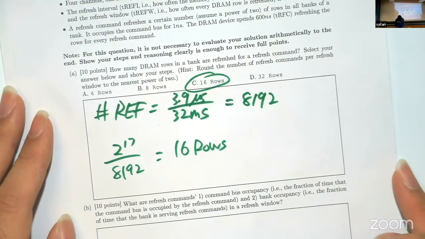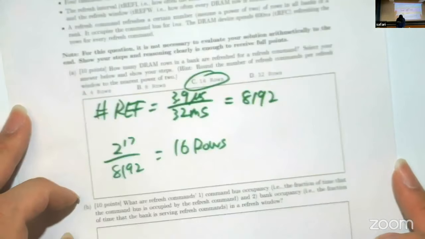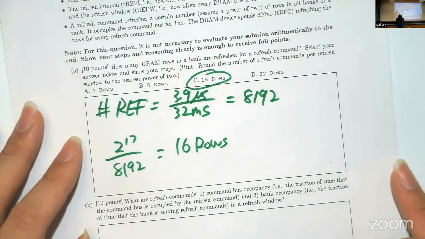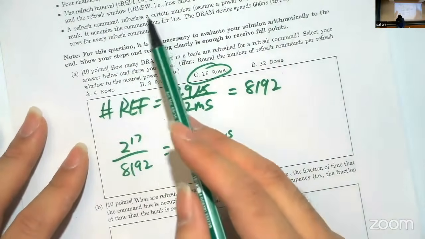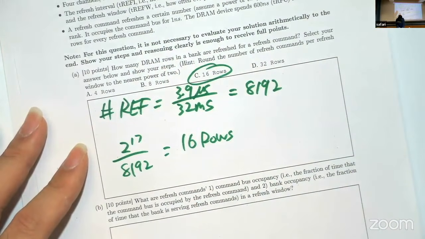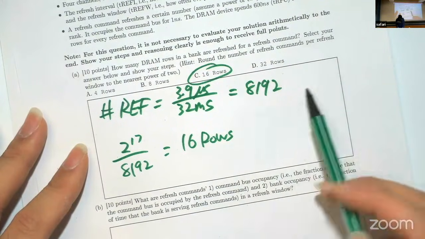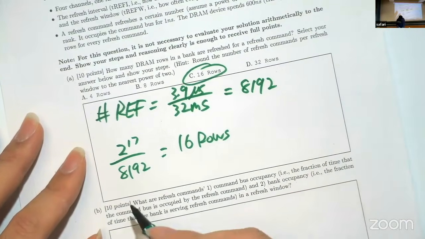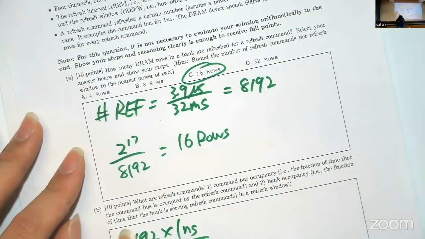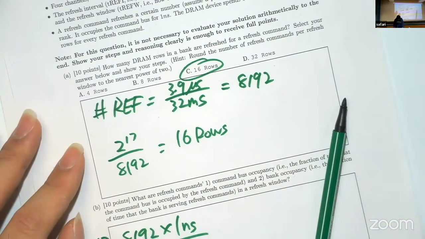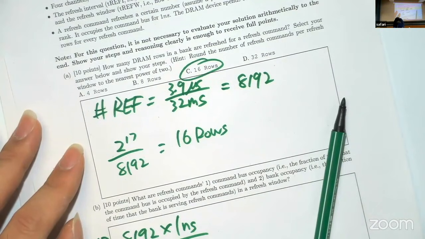So then the second question, what is the refresh command's command bus occupancy? That is the fraction of the time that the command bus is occupied by the refresh command. So within a refresh window, which is 32 milliseconds, we have 8K refresh commands. So that's 8K commands times 1 nanosecond over 32 milliseconds. That's the command bus occupancy, and the answer would be